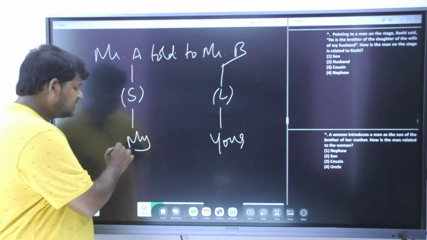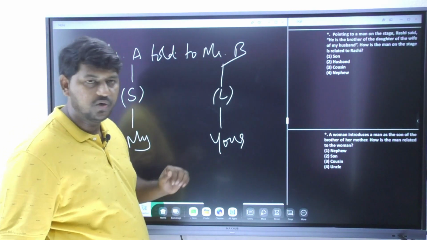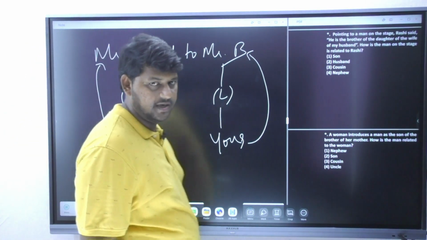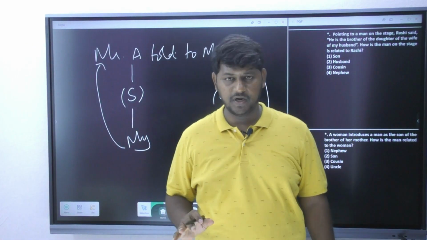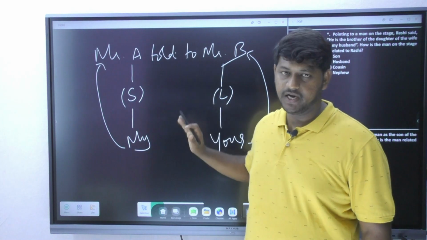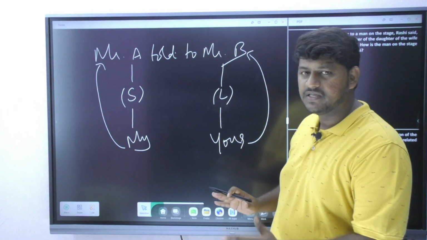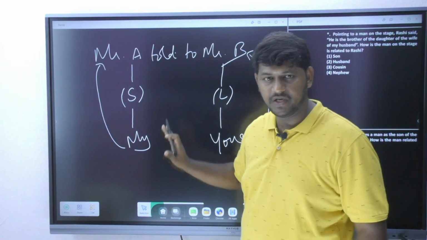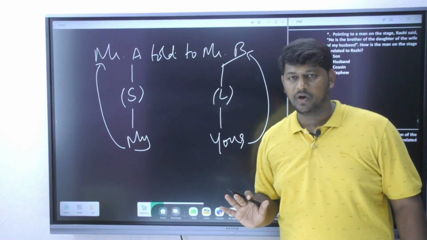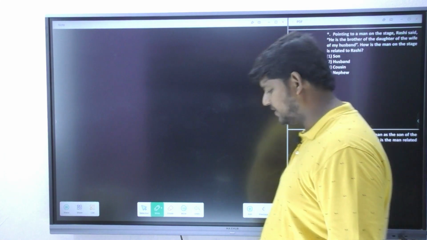Very simple. Instead of reading the question in the same format using the same keywords my and your, replace these keywords with the name of the speaker and the listener. Do not read the question in the same format. You are always supposed to read the question by using the name of the speaker and the name of the listener. And I am mentioning one more time, 100% in all the questions you are going to see a speaker. But sometimes a listener may not appear in the given question. Please do remember that information. Now let us move forward and find out the answer for the first one.